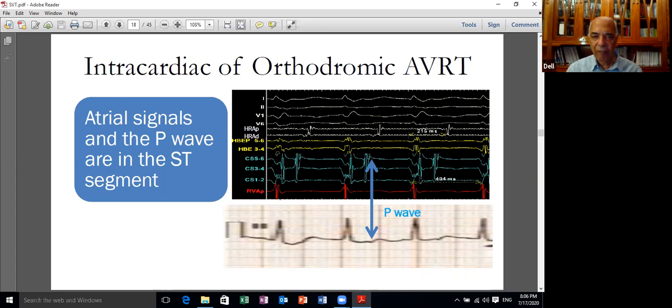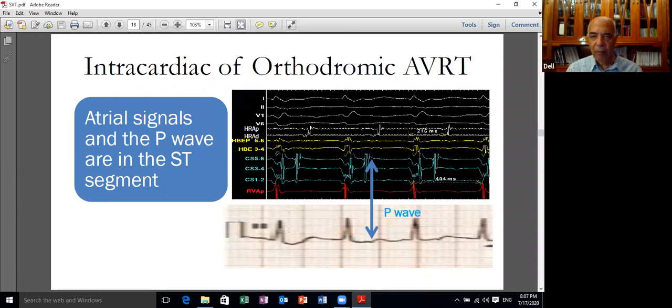It goes with the ventricular activation, and this is the atrial activation here, which goes with the P wave here. And as you see here, if you start with the atrial activation, the impulse will conduct through the fast pathway to activate the ventricle, and then will go from the ventricle through the accessory pathway, and then will go back to activate the atrium.